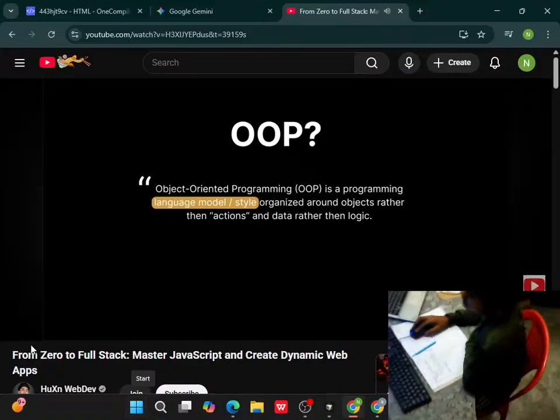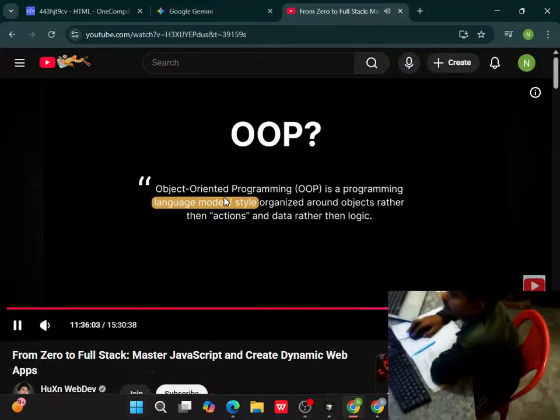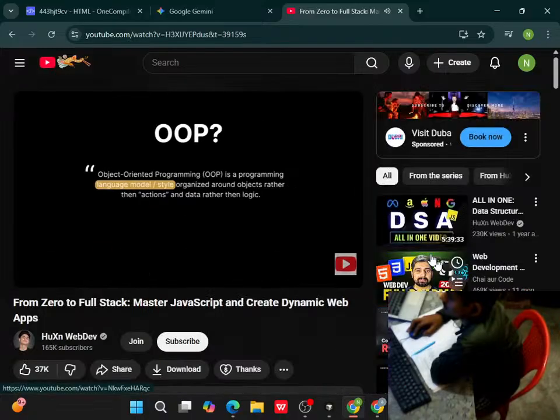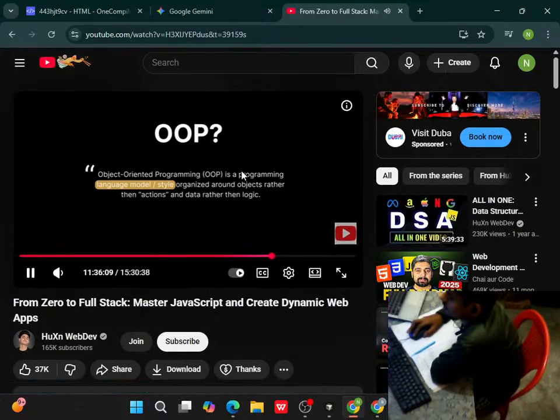So now let's begin our conversation by talking about what in the world is OOP and why you should care about that. So OOP, or Object Oriented Programming, is a programming language more